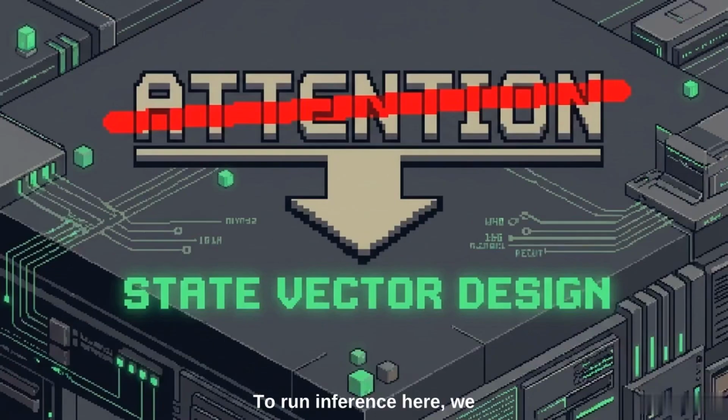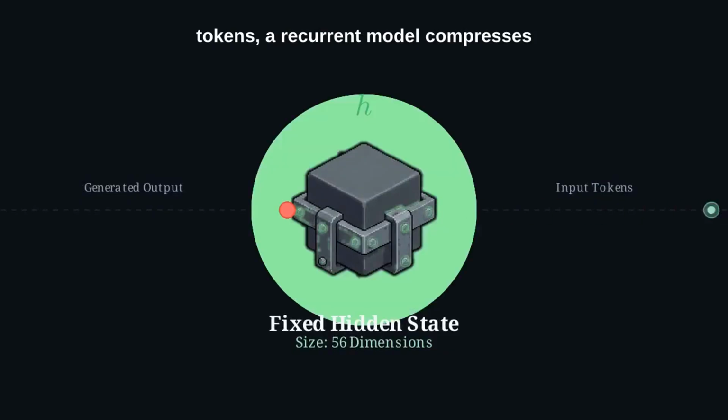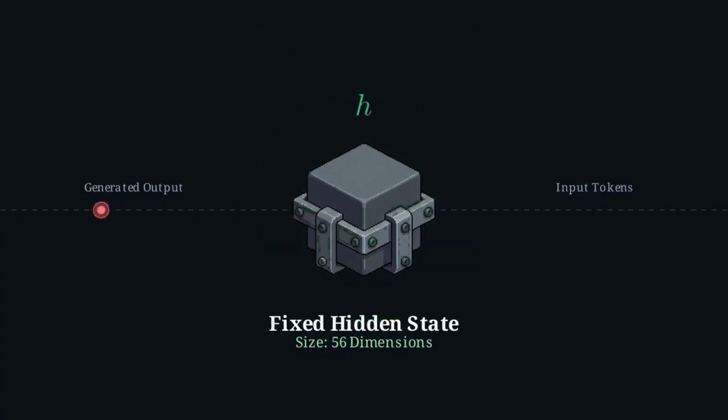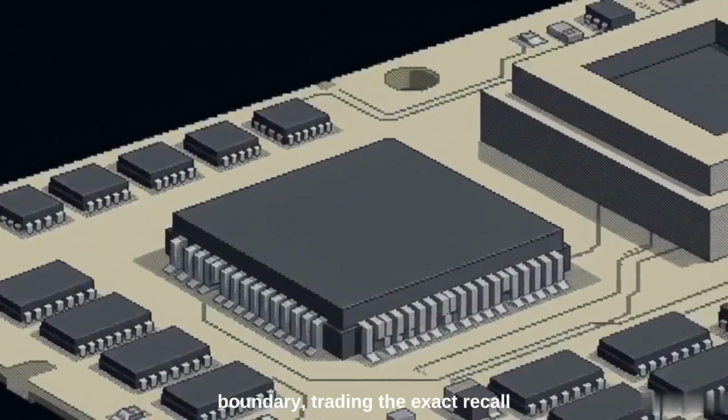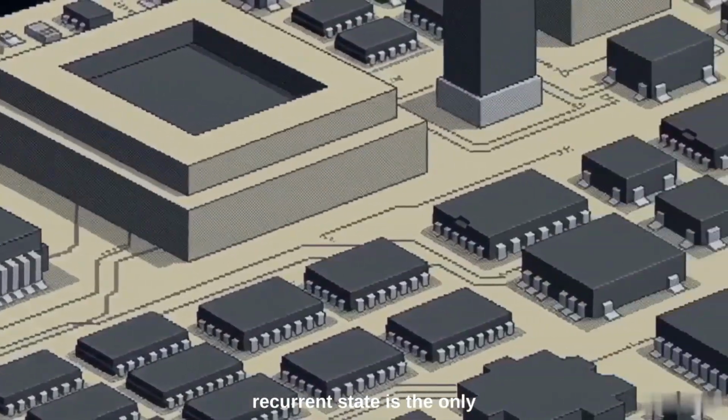To run inference here, we have to abandon attention entirely and pivot to a recurrent architecture like Mamba. Rather than looking back at a growing list of previous tokens, a recurrent model compresses all historical context into a fixed 56-dimensional hidden state vector. Because the state is fixed, the computation has the exact same mathematical shape on every single forward pass. When memory is an absolute boundary, trading the exact recall of attention for a static recurrent state is the only